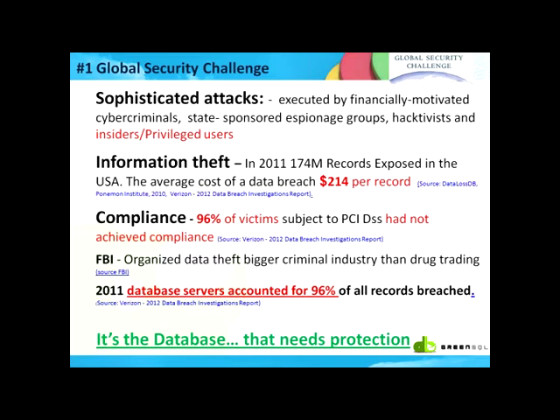If in the past it was about creating some sort of attack on your infrastructure or on your web front, today it's about getting the information from your databases.